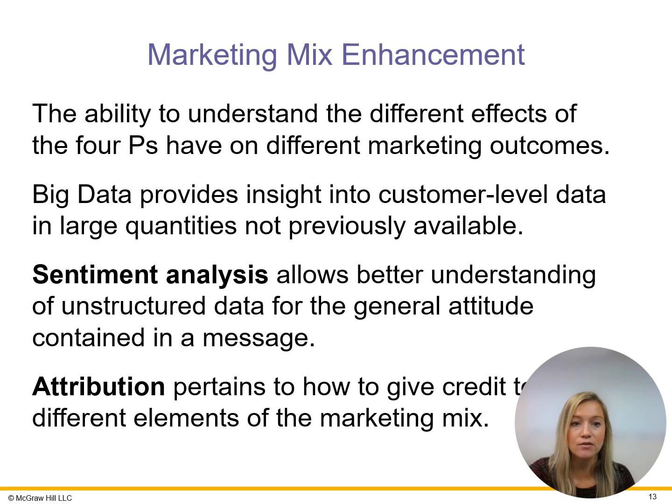A key consideration that arises when assessing the impact of the marketing mix is attribution, which can be thought of as determining how to give appropriate credit to different elements of the marketing mix through the measurement of their effects. In the digital context, it's generally straightforward to tie exposure to marketing mix elements online to a desired outcome, such as clicking on the purchase button. With this data alone, it might be possible to estimate in a quantifiable sense the impact that different online elements of the marketing mix have on the desired outcome, but there still are some caveats.